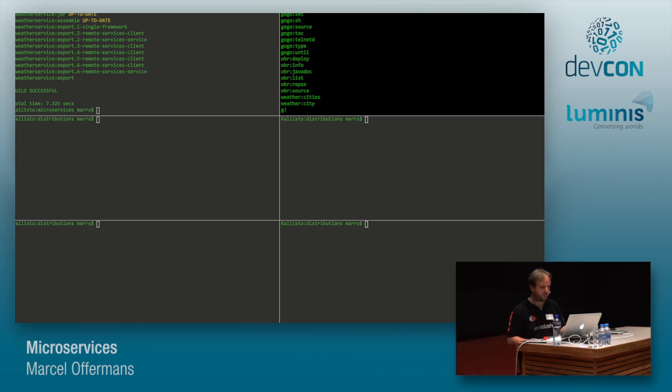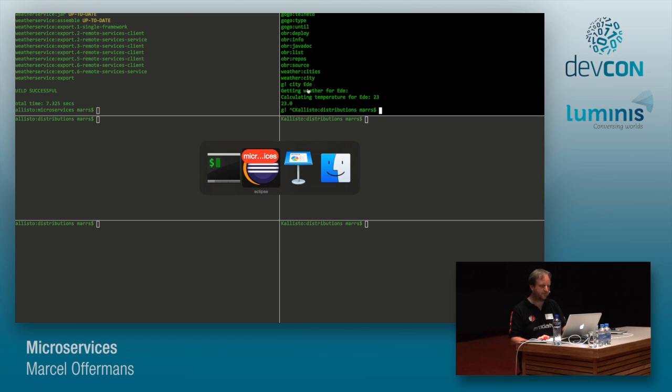It gives me a list of commands, and there's one command to say city, and let's check the temperature here. And it actually takes 2 seconds, because that's programmed, and it returns the temperature. So this is just running as a single executable, nothing microservices about that. But let's split up our example into different parts and see how that works.